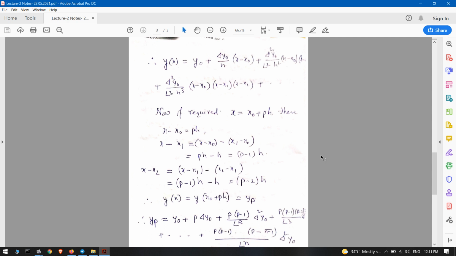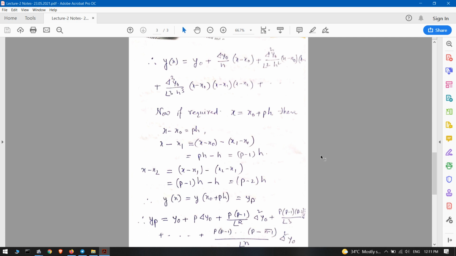That we are going to calculate. If we are able to calculate that, then we can use this polynomial for calculating the other values of y for any other intermediate value of x. So to do that, we have written that expression y of x equal to a0 plus a1 into x